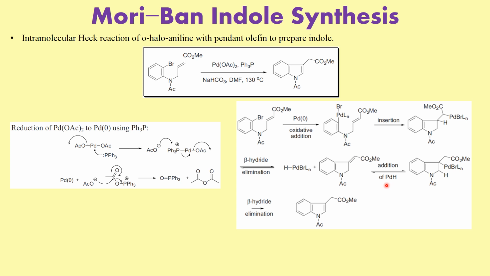you understand, that is why this particular step is in equilibrium, कि जैसे ही आपको ये बनता है it quickly undergoes beta hydride elimination to give you the desired compound. अब आपका एक बार ये इंडोल बन गया, this part cannot go back. और ये सारी की सारी चीजें मैंने अपने उस particular वीडियो के अंदर एक्सप्लेन कर रखी हैं, ये ऐसा क्यों होता है, ठीक है।